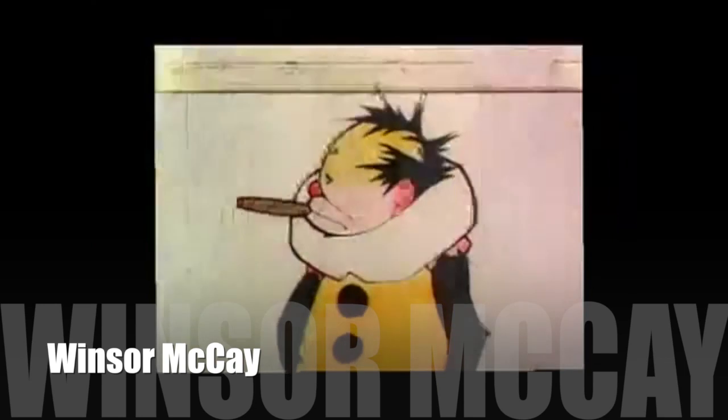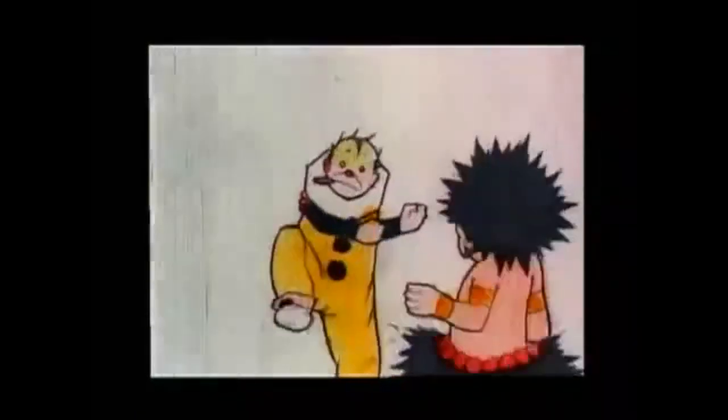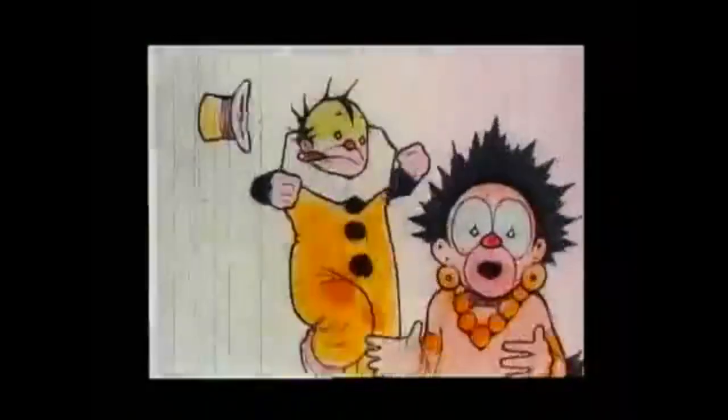Little Nemo is a silent animated short film created by American cartoonist Winsor McCay in 1911. It was McCay's first animated film and featured characters from his comic strip Little Nemo in Slumberland. Little Nemo was one of the earliest animated films and was set apart from other attempts at animated film by